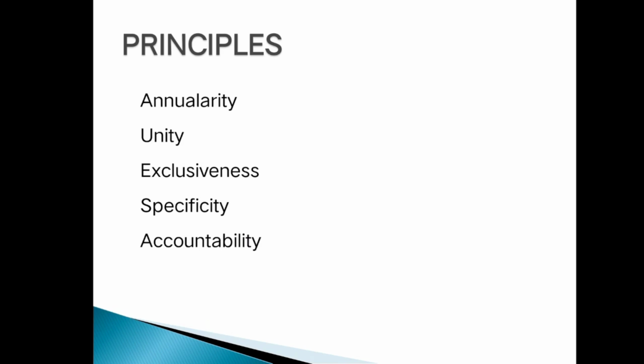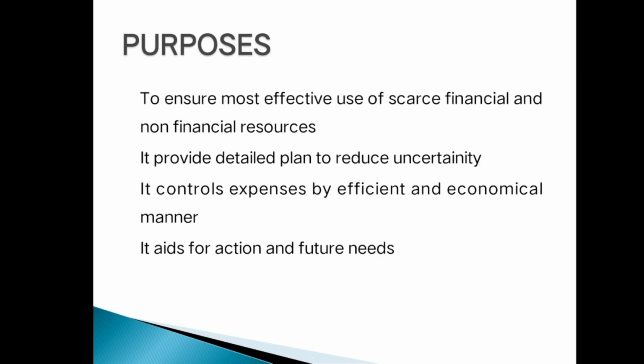Next is accountability. So accountability again means whatever we are going to procure, the equipments or any stationery items, or the stipends we are going to give to the students, or any physical infrastructure we are going to change, or we are going to plan for the transport. So we are very much accountable whatever we do in the budgeting process.